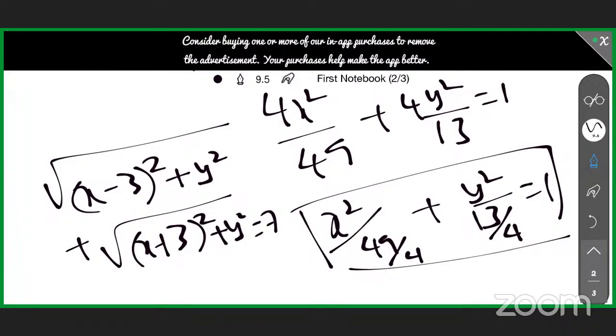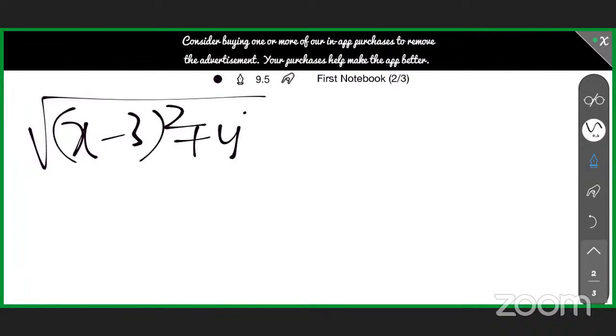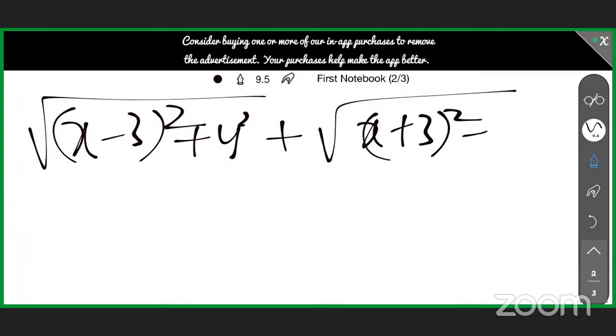Okay. Listen carefully. Now they are told that root of (x minus 3) whole square plus y square, plus root of (x plus 3) whole square plus y square, is equal to 7. This is some equation of the locus. And they are asking, this is the equation of which locus? If you look carefully, this is like the distance formula. X square and y square separately they are giving, addition, doing sum and root. So by comparing to my distance formula, root of x2